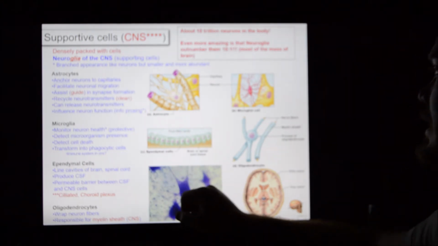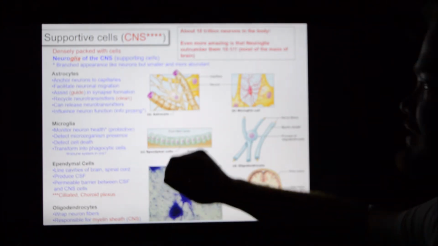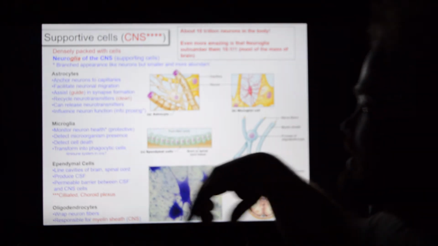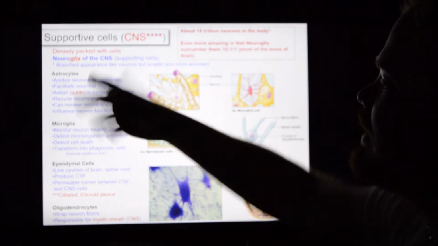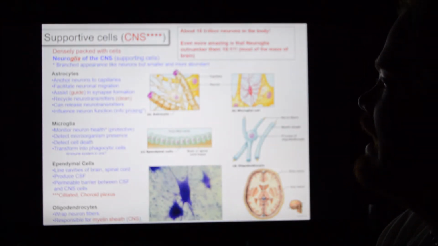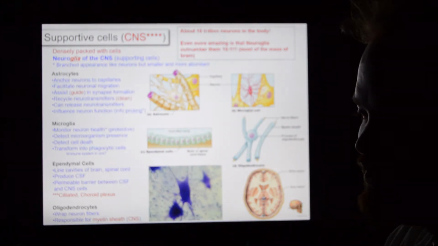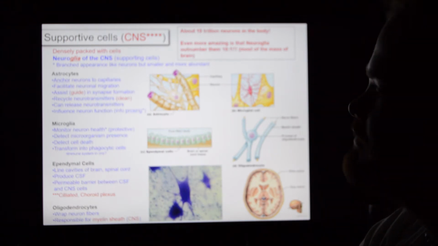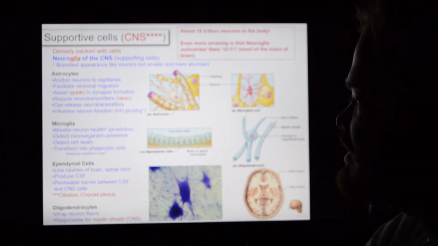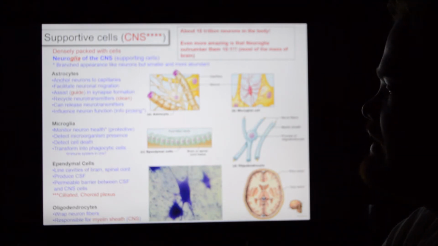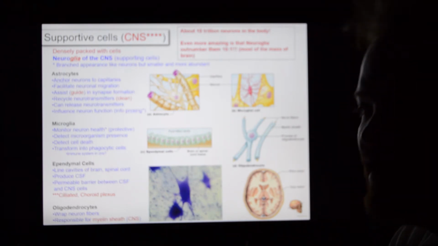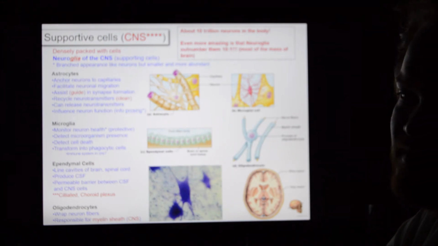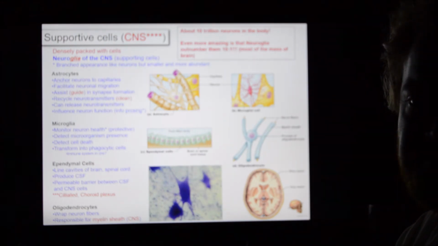So let's talk about it. Astrocytes are the catch-all. They do lots and lots of things. They will move the neuron around if the neuron needs to move. They will help get the neuron where it needs to be to synapse with specific cells. If the axon releases too much neurotransmitter, the astrocytes clean it up. If the axon doesn't release enough neurotransmitter, the astrocytes can release some. Astrocytes are the general helpers.